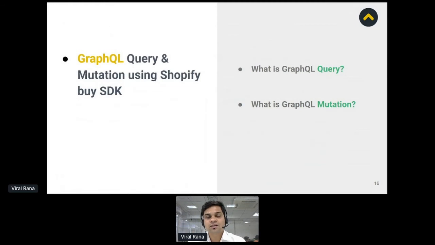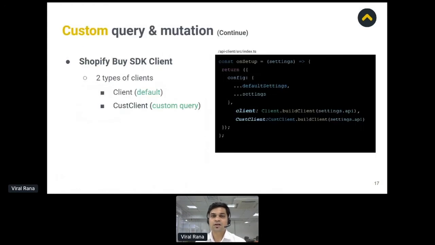No e-commerce system can be perfect without operations being performed on the returned result. For that, we have a mutation, and basically mutation is used for insert, update, and delete operations.